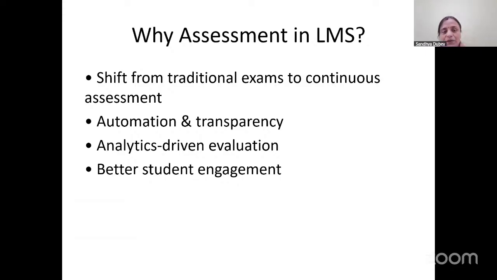In these assessments, we have so many good options. The same set of questions can be given to others, but you randomize the options and the questions, such that each student gets a different question at a different time. This will lead to a very good student-teacher or student-mentor relationship. I will not say teacher, but student and facilitator relationship becomes very strong, and you both will be involved in outcome based education.